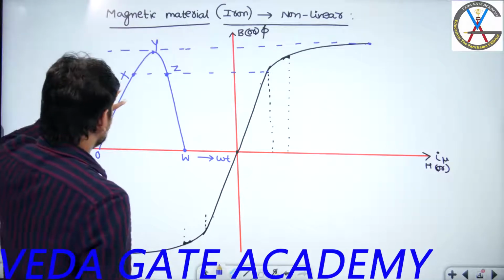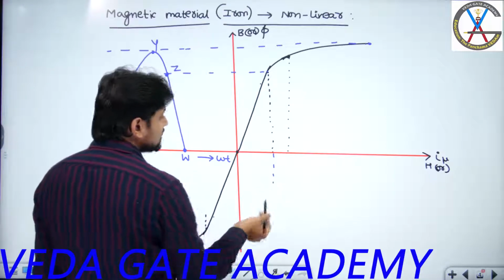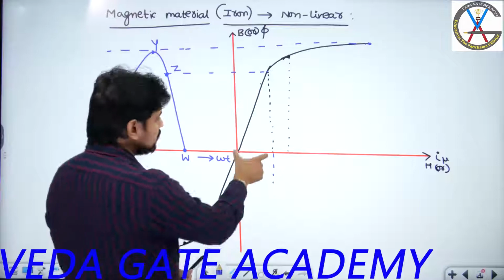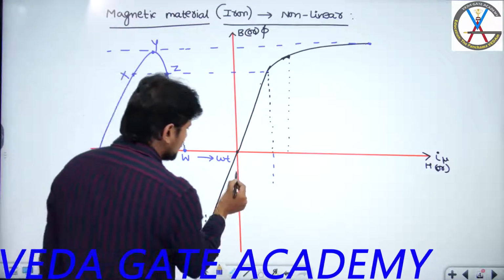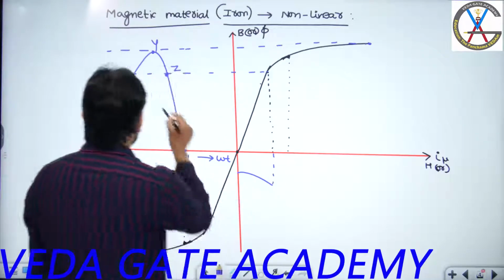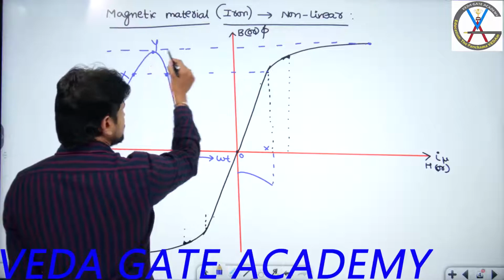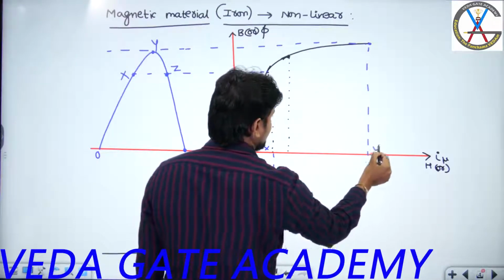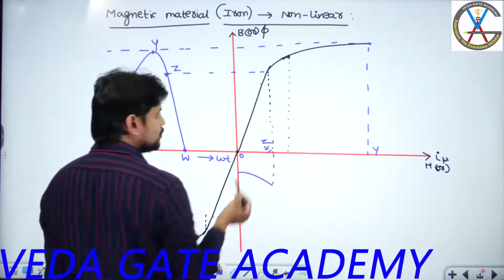If I project from 0 to x, the flux increment is more, but the current increment will be less, because for the outermost orbits, a small amount of current is sufficient to increase the flux. So you are going to get the current shape in this fashion, from x to y. So this is 0, this is x, and if you project, this is y. Where is this z? This is the x equal to z point. X and z points are the same.